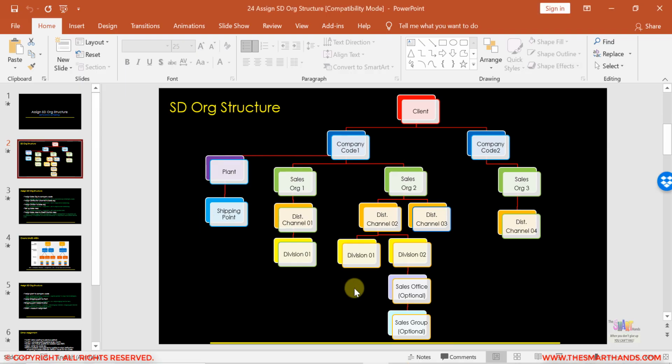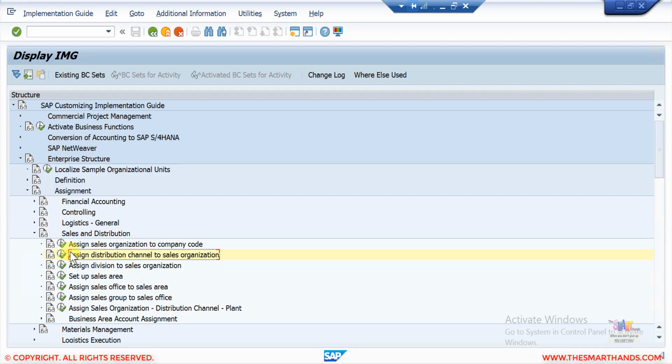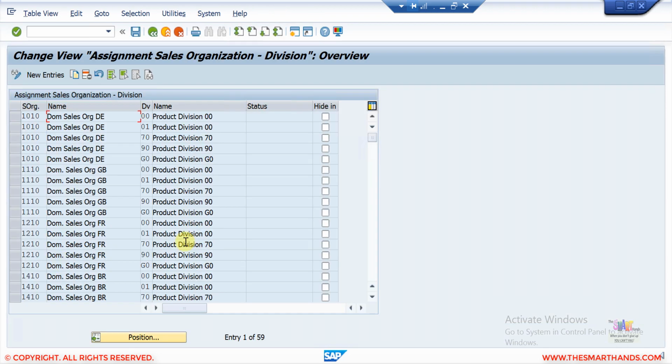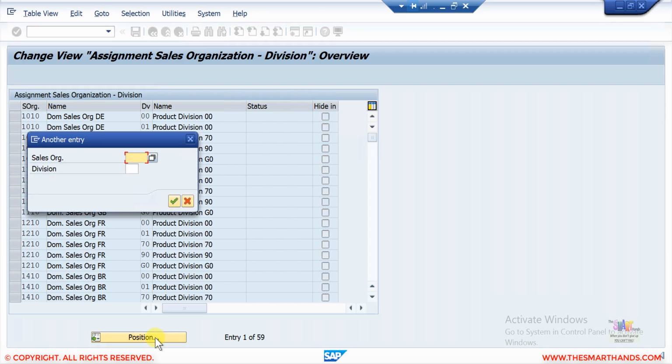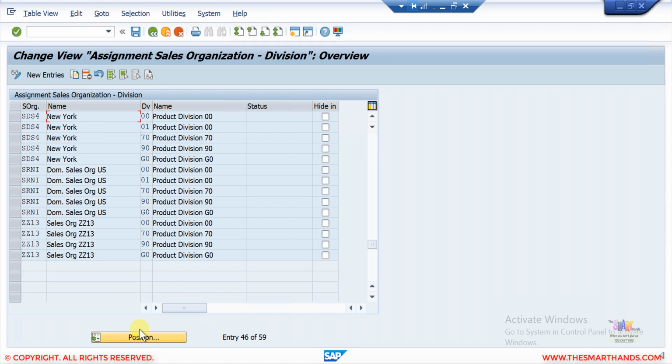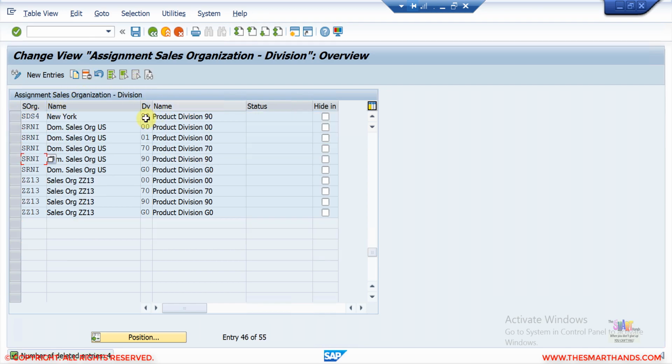So let's see this one. Assign division to sales organization, not distribution channel. Here again I can search for it, click on position, SDS4 is my sales org. Here you can see, because we copied from 1710, it copied all of the linkages of the division. So I'll select the ones that I don't want and delete them. All I wanted is division number 90. So I had division 90 and distribution channel 90 linked to the sales org SDS4. So save it